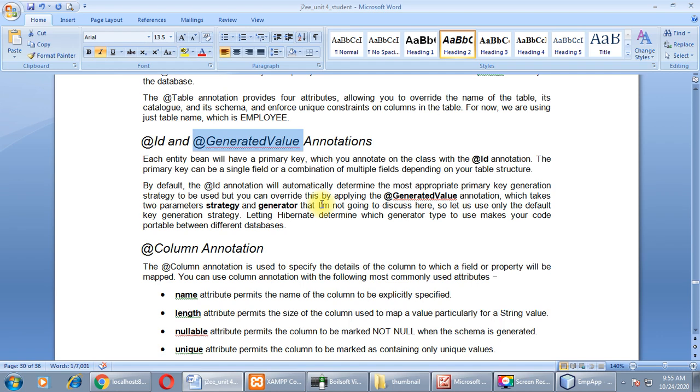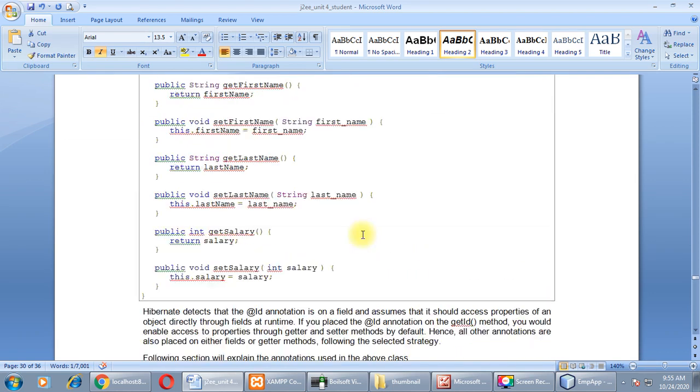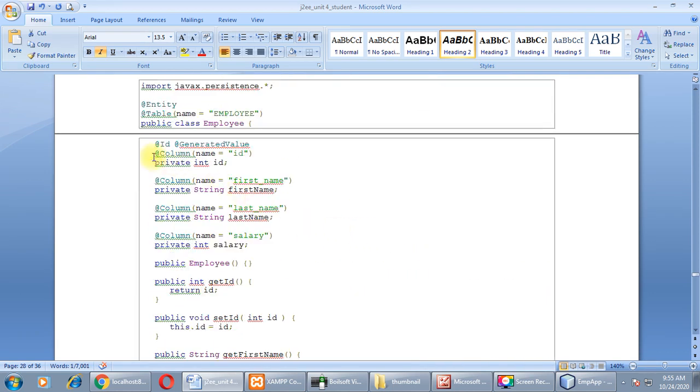By default, the @Id annotation will automatically determine the most appropriate primary key generation strategy to be used, but you can override this by applying the @GeneratedValue annotation. This is optional, and it takes 2 parameters, strategy and generator, that I am not going to discuss here. As you can see, @Id, @GeneratedValue.